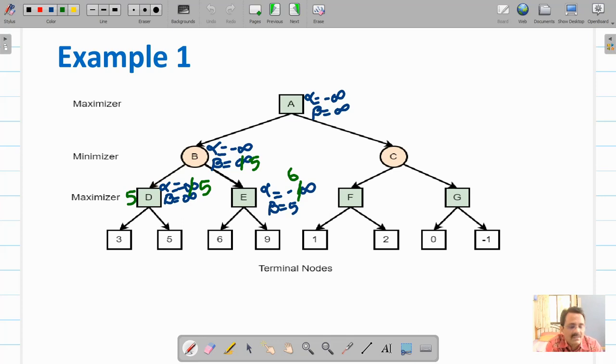So here you will find alpha is greater than or equal to beta. You need not proceed further or explore further. So this branch will be pruned.